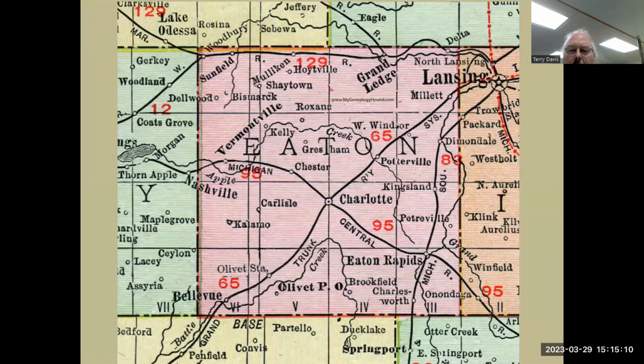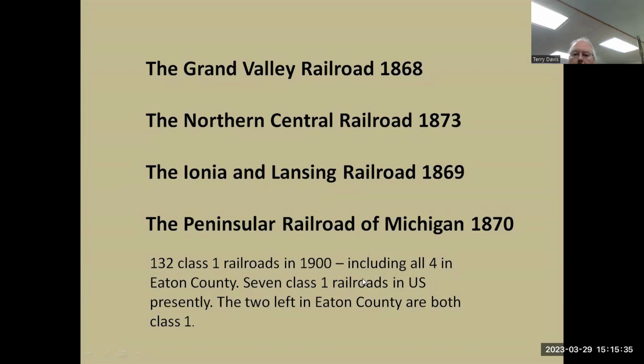This is a map of Eaton County, Michigan, and it shows the 4 railways that cross the county. There's a Northern Railway, the Grand Trunk, the Michigan Central, and then part of what was the Michigan Southern, Lakeshore and Michigan Southern on the right side of the county. And so 4 railroads in the county. As of 1911, when they came up with the class system, they were all Class 1 railroads. There are currently 7 Class 1 railroads in the United States, as opposed to the 132 in 1911. And the 2 railroads of the 4 that are left in Eaton County are both considered to be Class 1